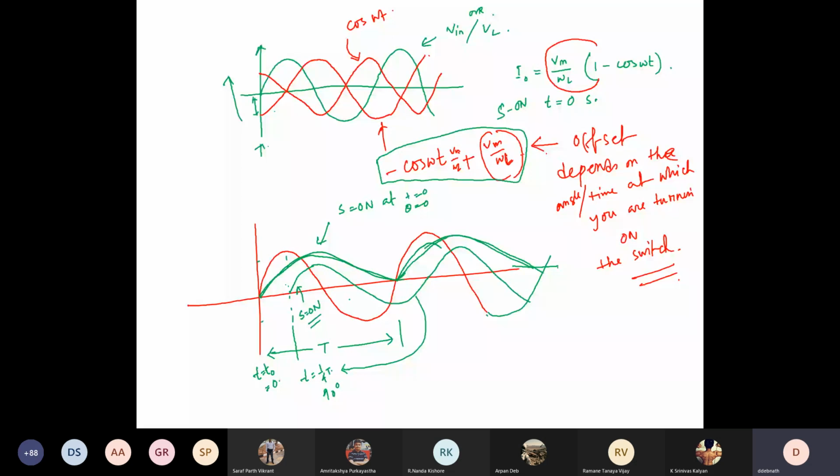Okay. So if you turn it on at t equal to 0, your current you see is never going to 0. But if you turn it on at 90 degree, it will start from here because you're turning on the switch here, and then it will follow our desired path. Okay. But how do you verify this? One is, of course, you do mathematical analysis. Second is you do MATLAB simulation or any other simulation.